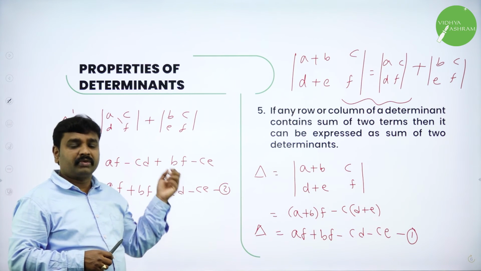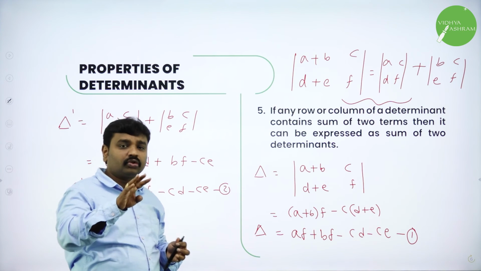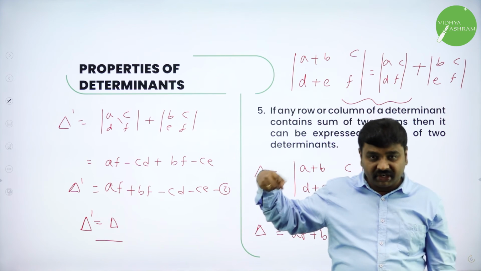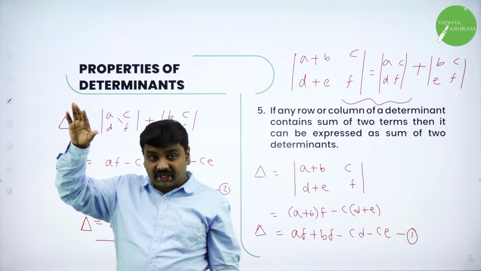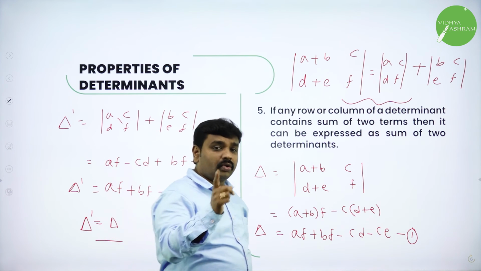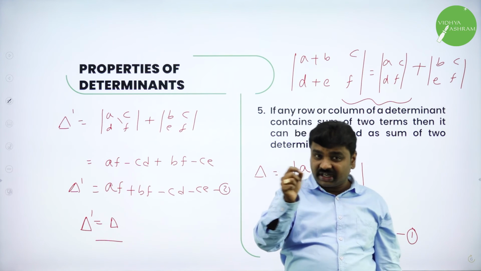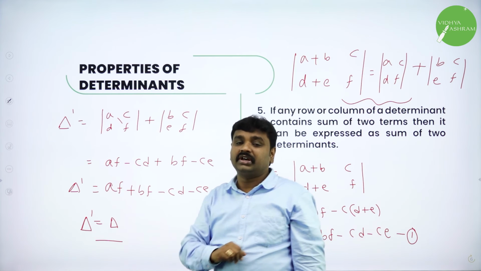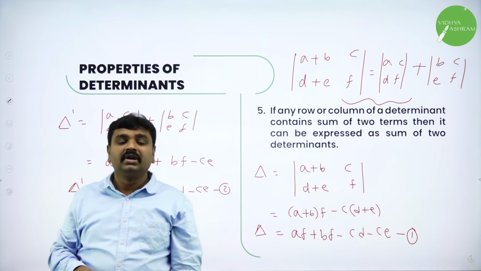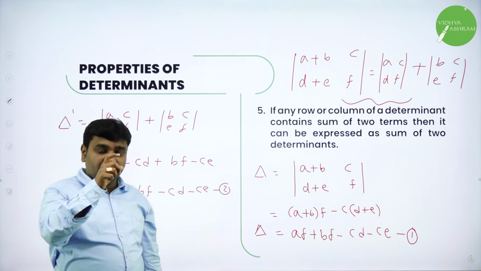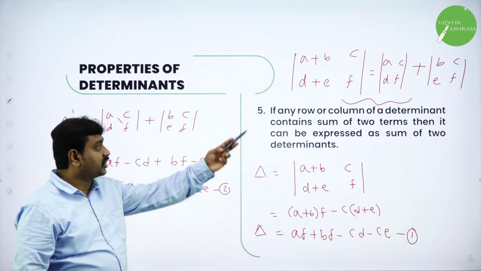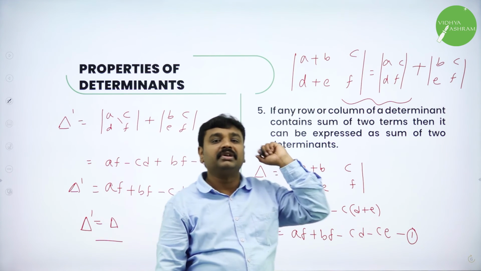Fifth property, before that we have proved fourth property. What is fourth property? If each element of a row is multiplied by k, then the value of determinant also multiplies by k. Element of any column is multiplied by k, then the value of determinant is also multiplied by k. But I told you how we'll use it. Means if any row contains any common element, you can take common from that row, or if anything is common in column, you can take common from that column. That is the meaning. Then fifth one, any row or column is made up of sum of 2 elements, then you can expand it as sum of 2 determinants.